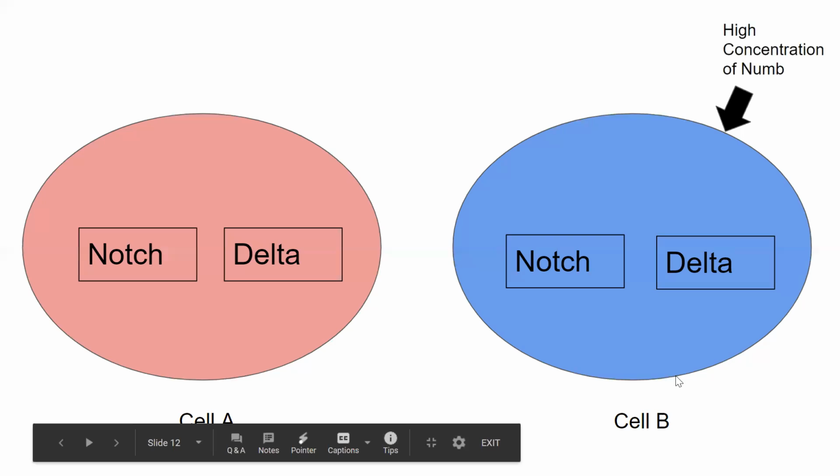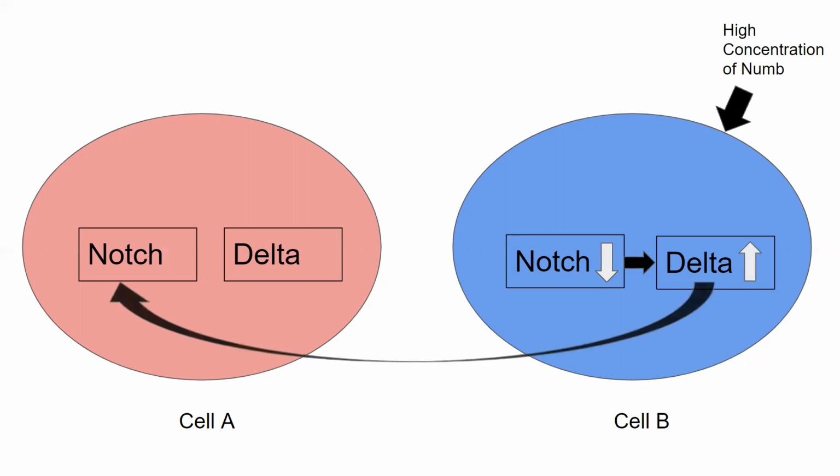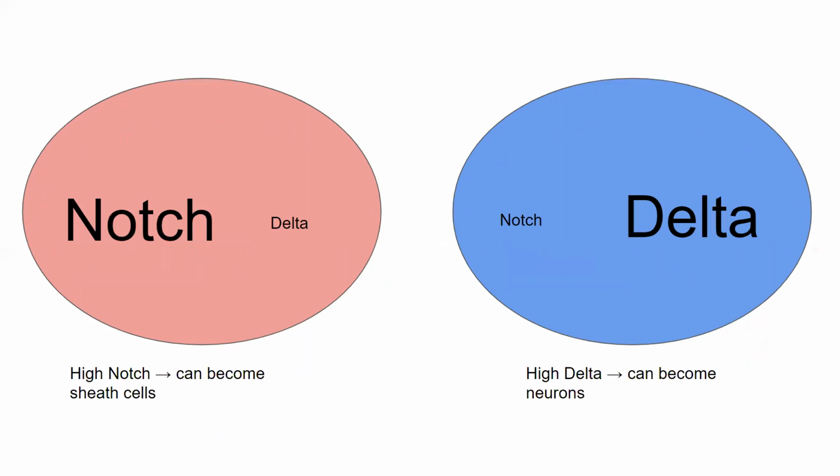This cell has a high concentration of Numb. What does that mean? Numb inhibits the function of Notch. So this causes a downregulation of Notch, which causes the upregulation of delta. So this sends a signal to the other cell to upregulate Notch and thus downregulate delta. Then this keeps going in a feedback loop,